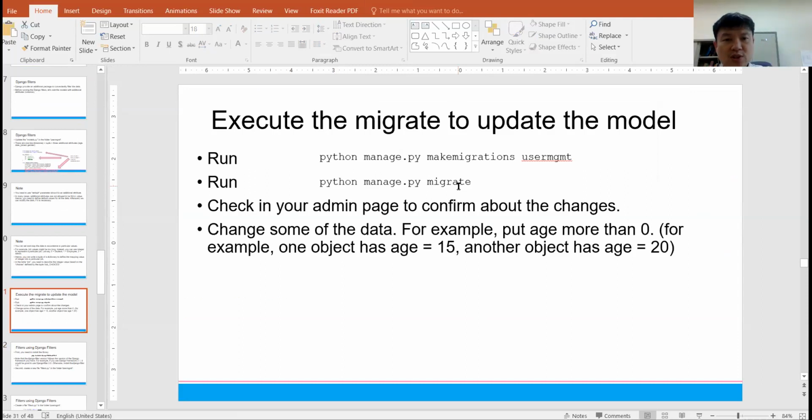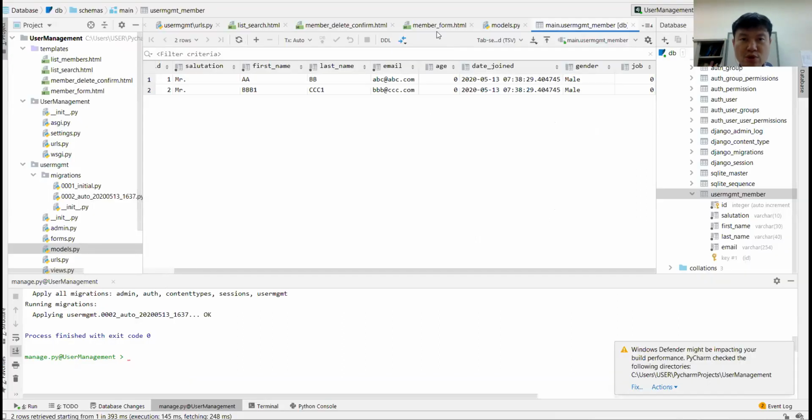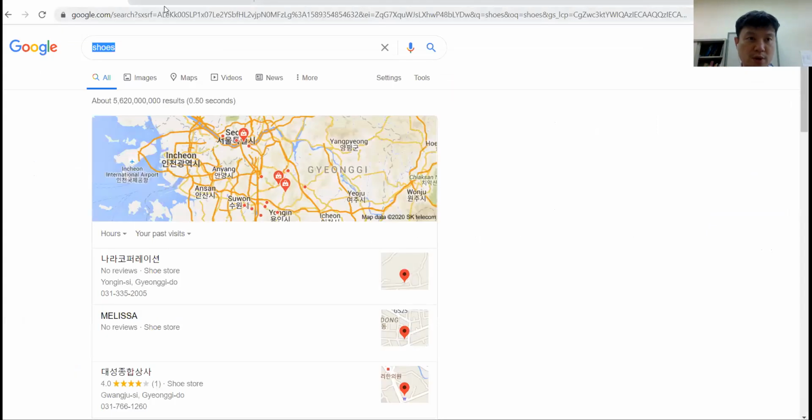If you want to change some data, let's put the age more than 0. For example, one object has 15 and the other object has 20. If you do this, you may have some kind of issue like job. Before we had 0, 1, 2, but now we have only the integer, which does not appear with the categorical values. So if you are using the admin,